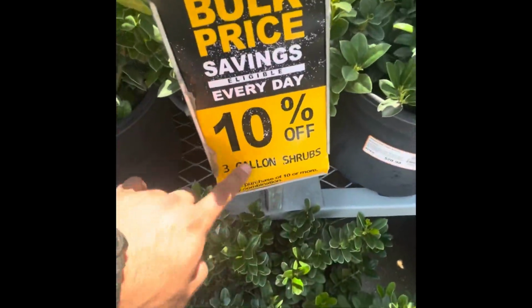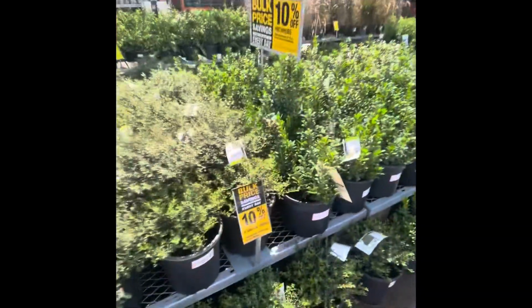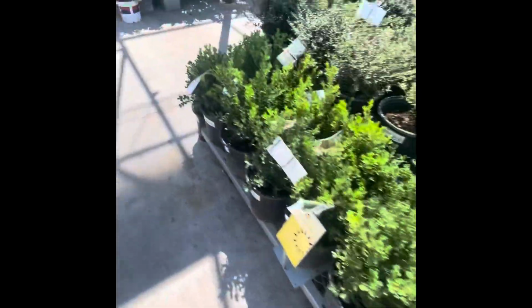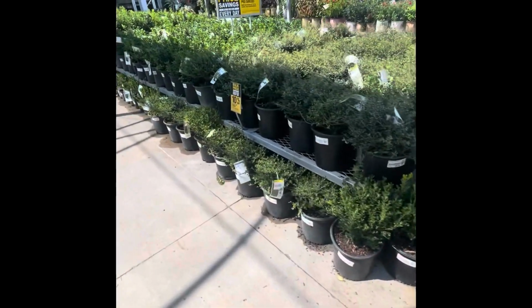Very important we have the small signs as well, if you have them available. If you don't have them, please reach out to your district managers so we can get you some more. 10% off on the bulk price for shrubs. Beautiful again. Core shrub end cap. Again, we skirted 1 row of 3 gallons on the bottom